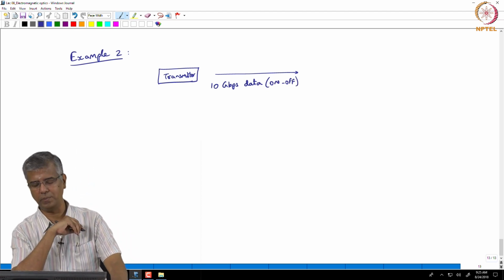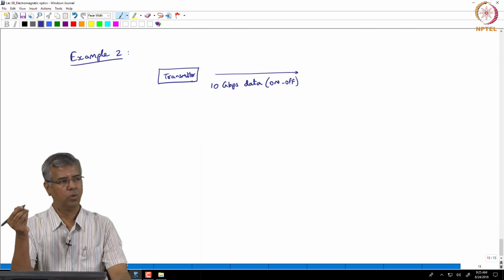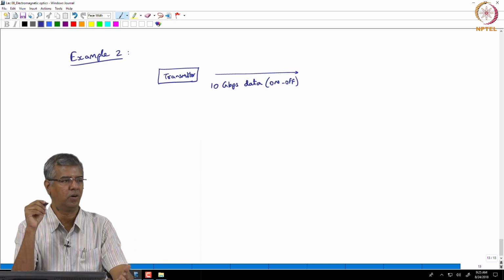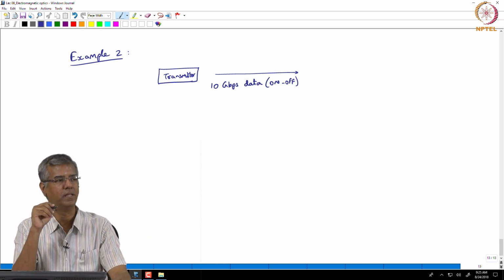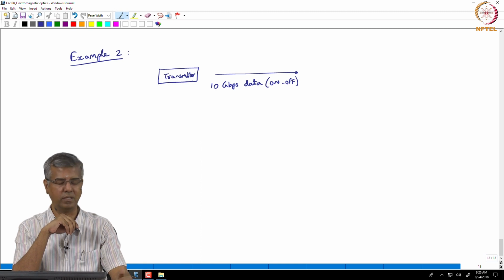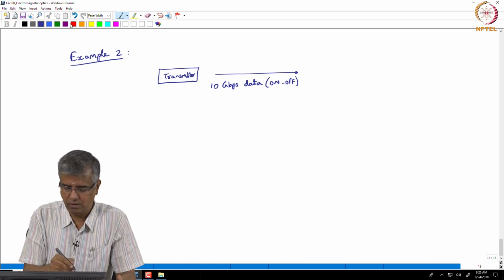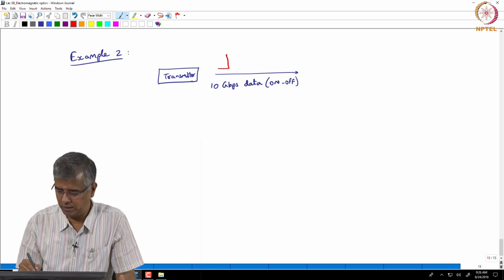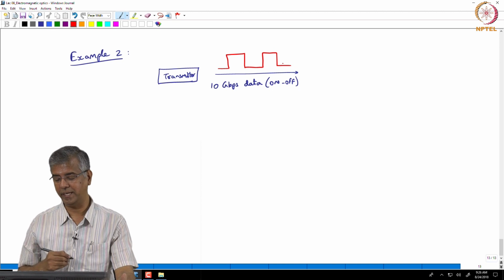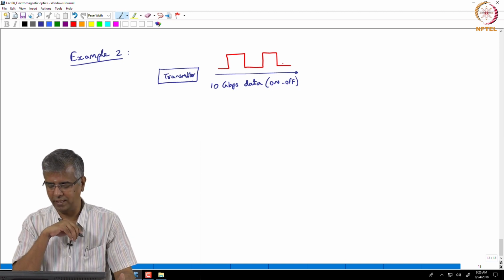What does on-off format mean? One would correspond to the laser being on, you have a bunch of pulses and a bunch of photons, and off is the laser is off, right. So, you should not have any photons in the off condition, right. So, you are transmitting pulses like this,